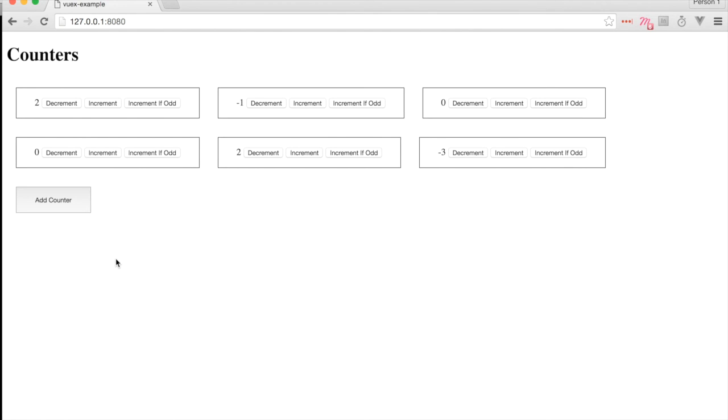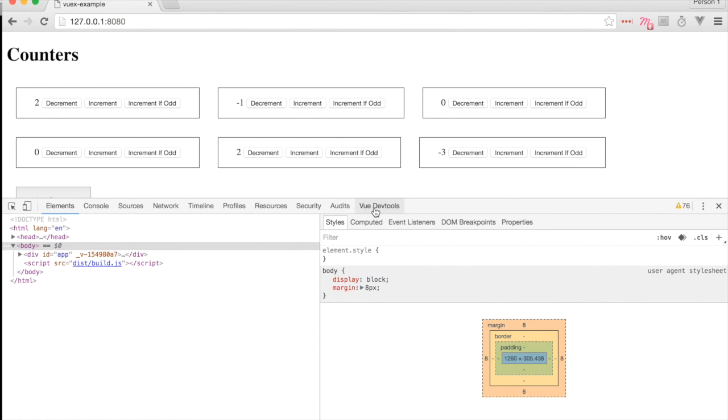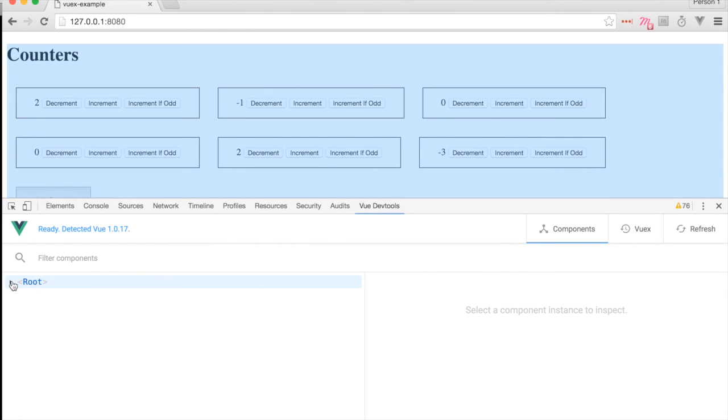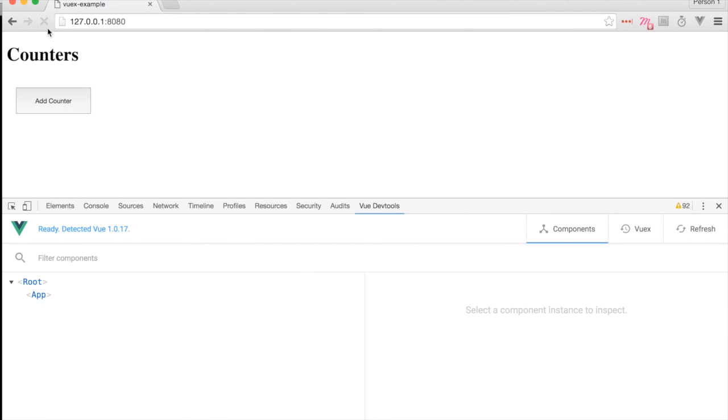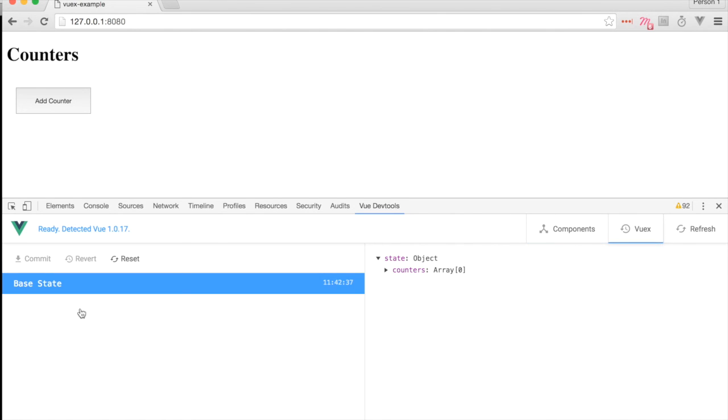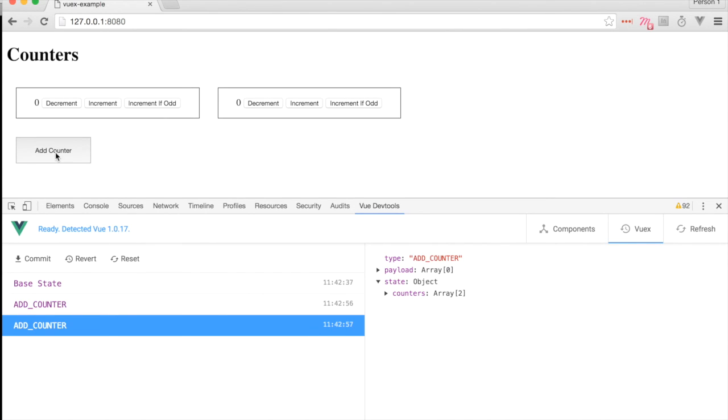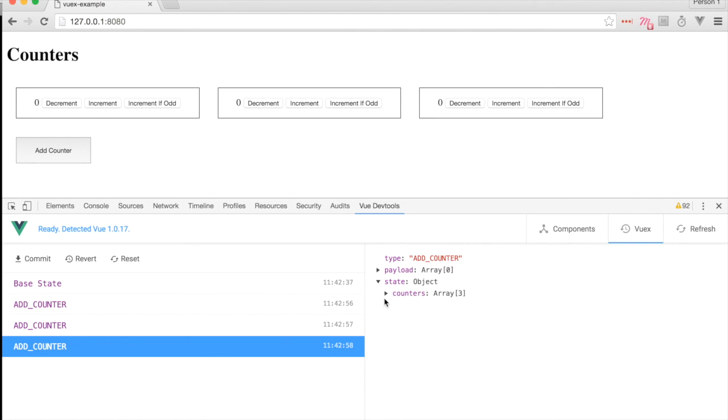Simple as. Okay, so superpowers. I promised superpowers. We didn't see this the other night at my talk because it was released into DevTools on the same evening. So let's refresh the page. Detect that we've got Vuex here. So there's this Vuex tab. Let's click on that. Our base state, here it is. This is what we set up in our store.js file. Add a counter, add a counter, add a counter. You can now see our state counters array is 0, 1, 2, 3 elements long, and each of them is 0.